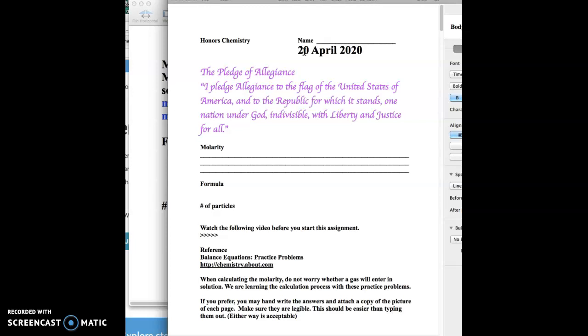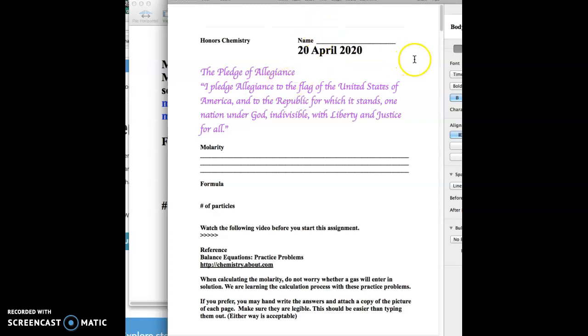Your worksheet's going to look like this. You're going to have 10 calculations to do. I'm going to go through one example for you. But the first thing you're going to have to do is get down the definition for molarity. It'll be something new we have to calculate today. I'm going to be giving you the formula for molarity, and then we'll also determine the number of particles besides the other questions, because what we're going to be doing